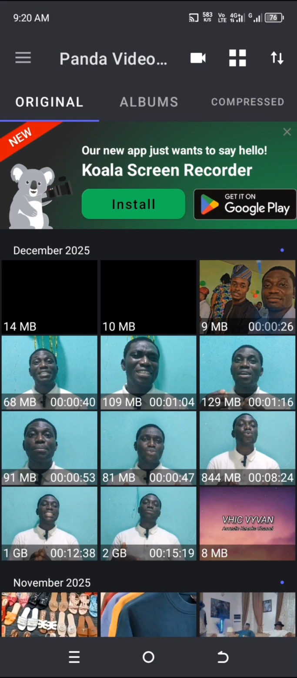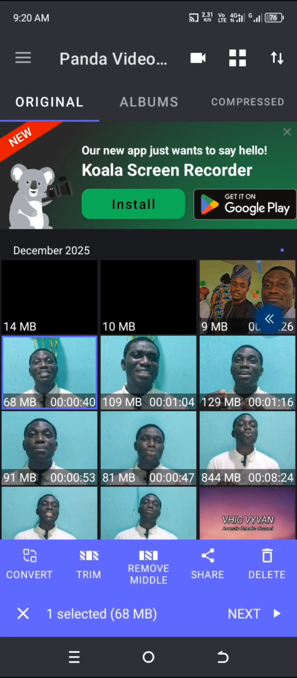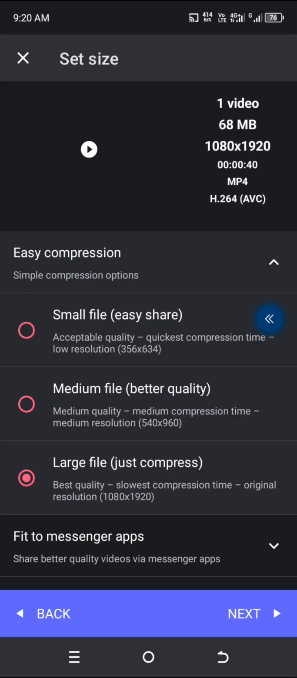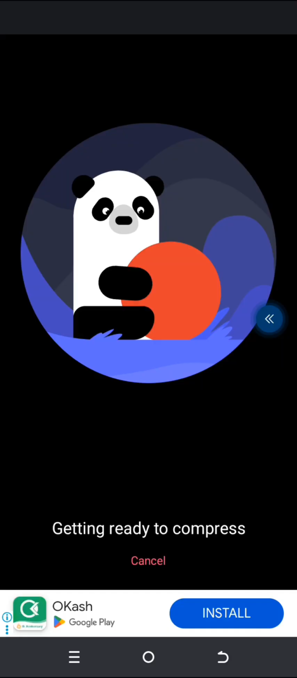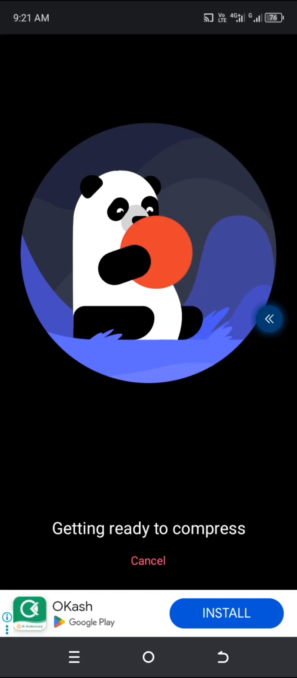this is 68 MB. Let's say I want to reduce this size. I click on it and click on next here. You can click on small file or medium file, depending, any one is okay. So let's say I want a medium file. I click on next and then click on next. Okay, now you wait for it to finish compressing. So you see,